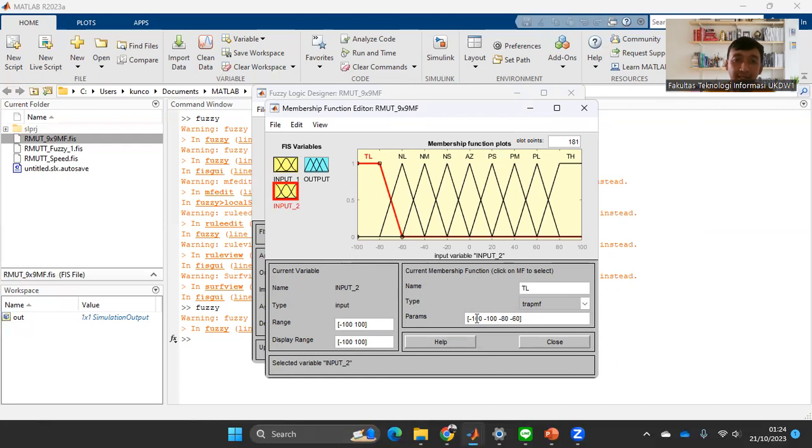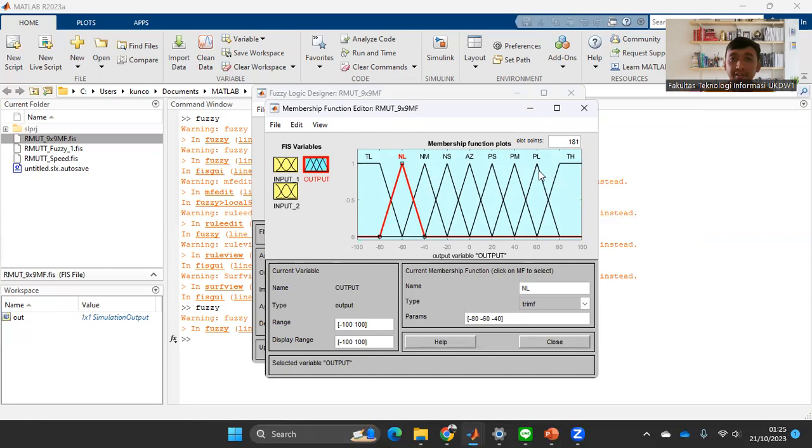For the output, I also make the same membership functions with the range from -100 until 100. For the membership function graph, I use trapezoid for TL and TH, and triangle for NL until PL.